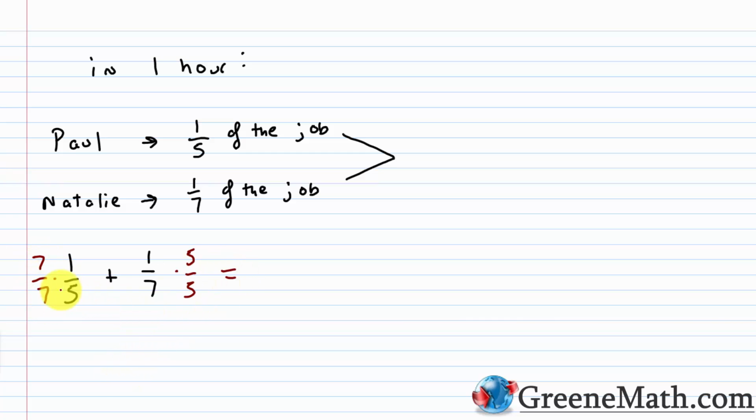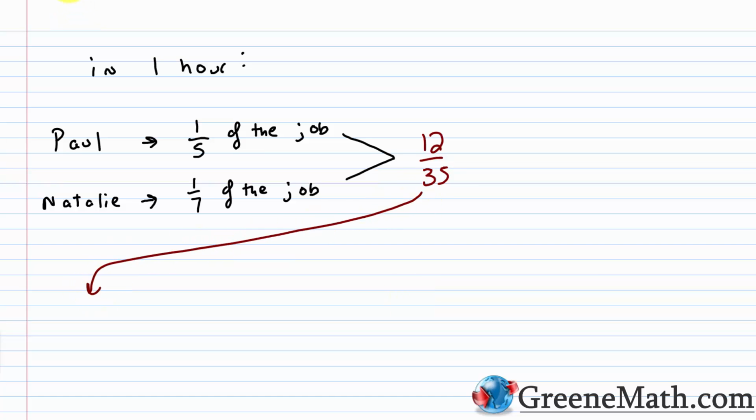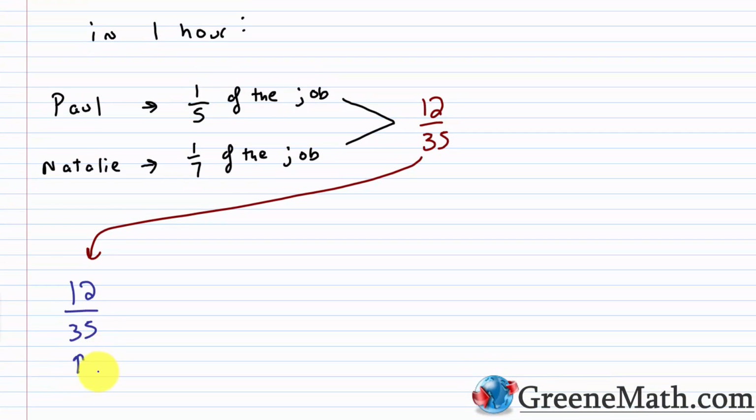And this would be what? 7 plus 5 over, 7 times 5 is 35. So 7 plus 5 is 12. So this would be 12/35 here. And what 12/35 is, that's the contribution, again, by both of them in a 1 hour period. So let me just kind of scroll this down here and just say 12/35 is the amount of the job completed